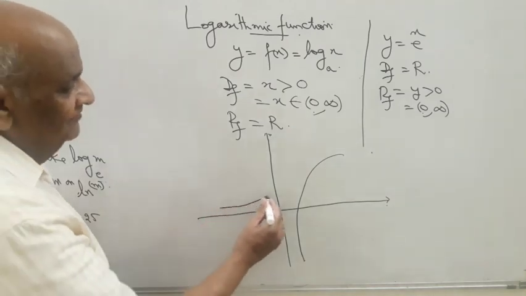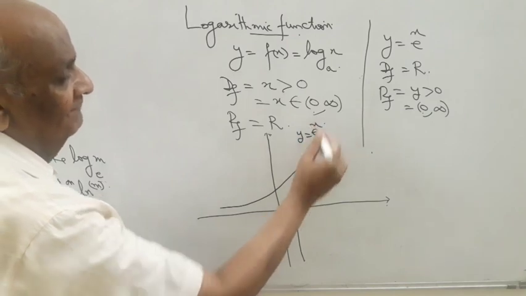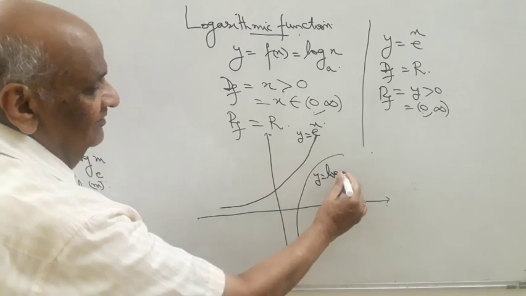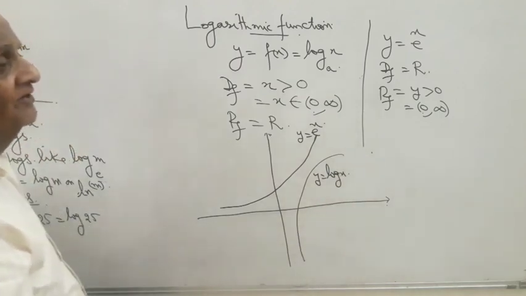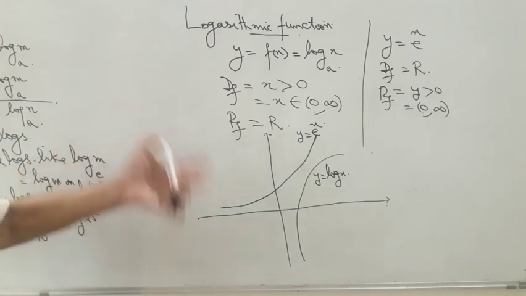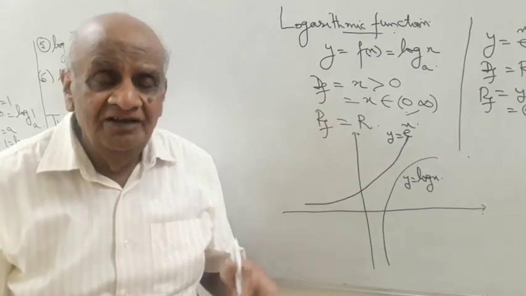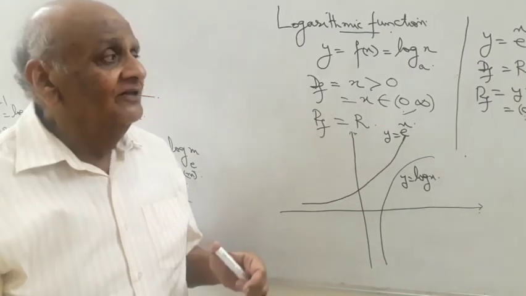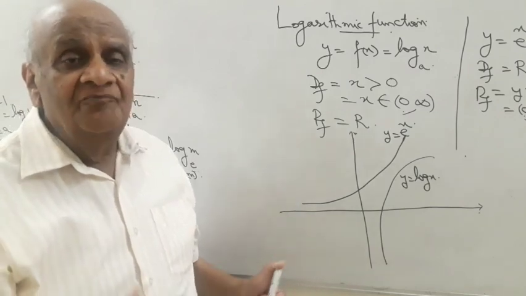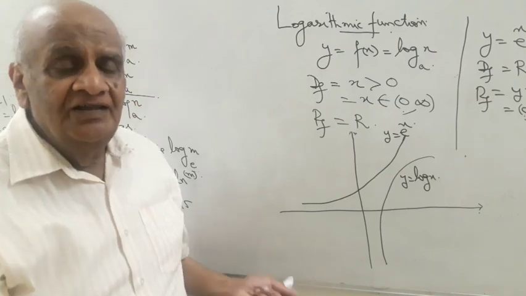Exponential we have already discussed. The shape is shown like this. y is equal to e to the power x. This is y is equal to log x. You must note down the difference between the two. Now these are some introductions to the important functions like trigonometrical, exponential and logarithmic functions, their domain and range and some more properties, and then the composite functions that we shall be dealing with in our next lecture. Thank you.